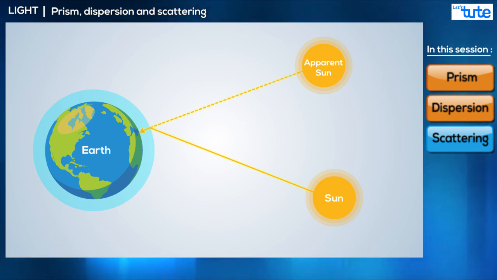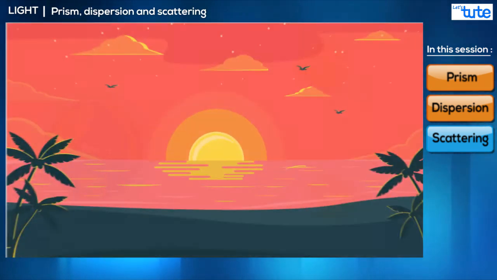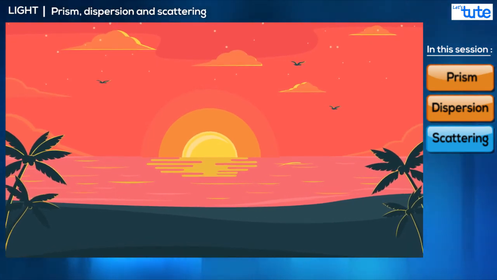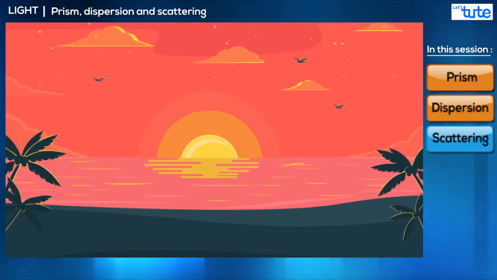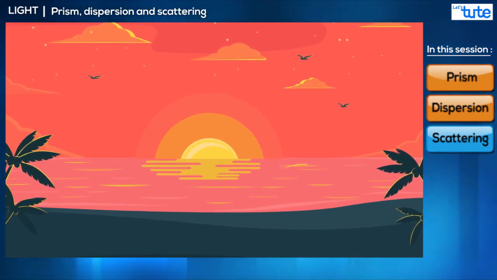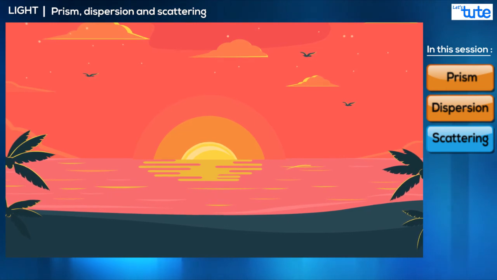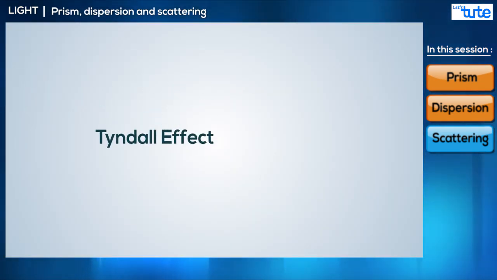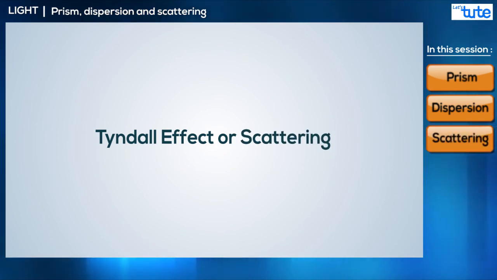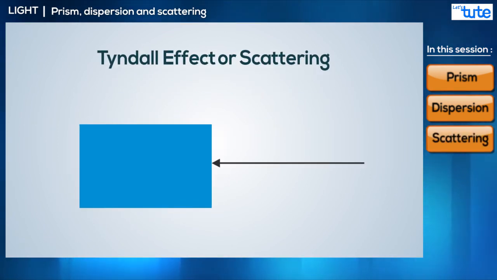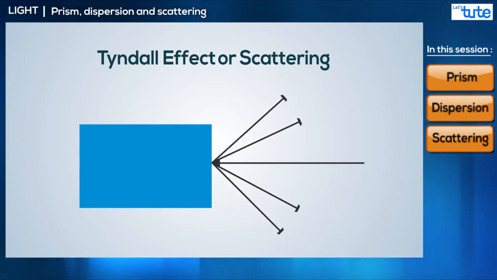But that still does not take away from how beautiful a sunset is. The red glow of the sun looks amazing. But why does it only look red during sunset? Well, it's because of the Tyndall effect, or in simpler words, scattering. Scattering is what happens when light hits an object, it gets scattered, which is how we see objects. Small particles of dust can be seen in one sun ray because they are scattering and that light is reaching our eyes. This is how we see a ray of sunlight in the first place.